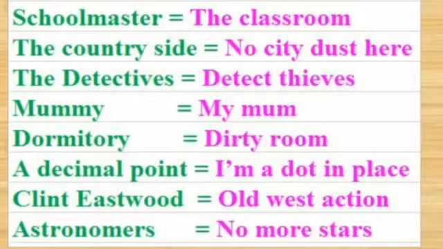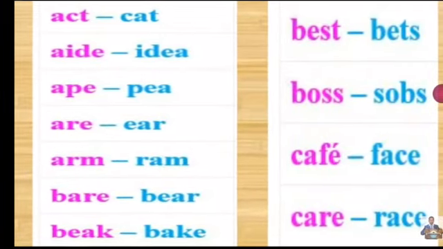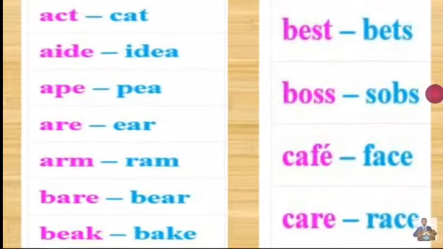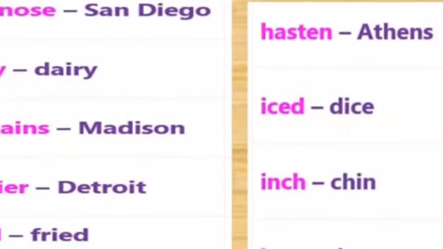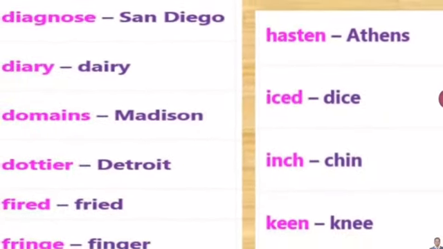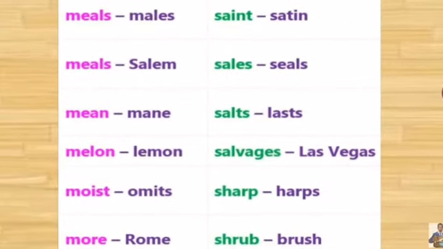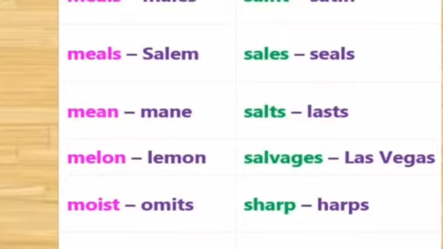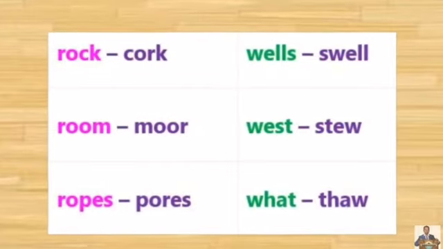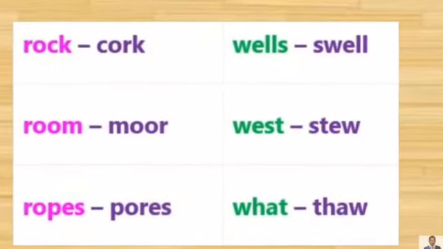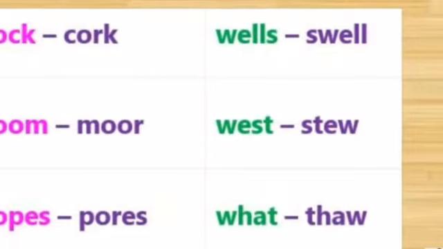Astronomers, no more stars. Now, dear students, watch these words on the screen. These are some anagrams. Enjoy these anagrams. Read these. Understand their meanings. Reform the words. Rearrange the letters and try to make meaningful words. These slides help you to rearrange, to understand the anagram and develop your vocabulary. I think it's very enjoyable. Enjoy it, practice it and try to understand the concept of anagram. It will be fun. It will enrich your language and your vocabulary.